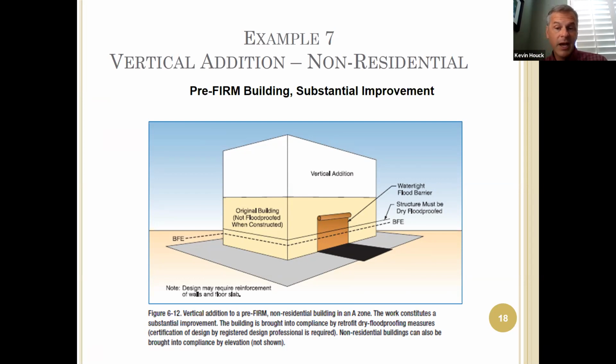First of all, for regulations, it's the same elevation as if they elevated it. So from national standards, they could elevate it right to the base flood elevation and that would be fine. It looks like on this drawing, they dry flood-proofed it a little bit higher than the base flood elevation. Why might they have done that? Well, there might have either been a